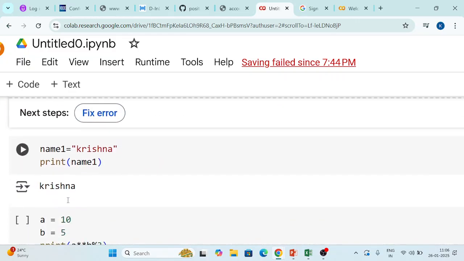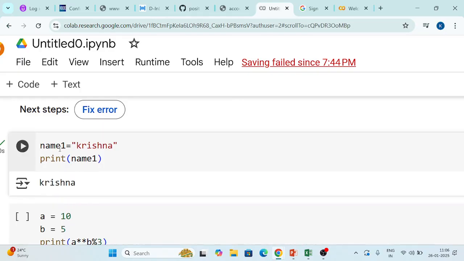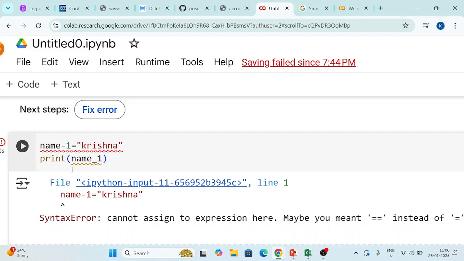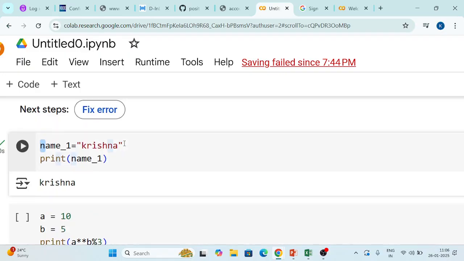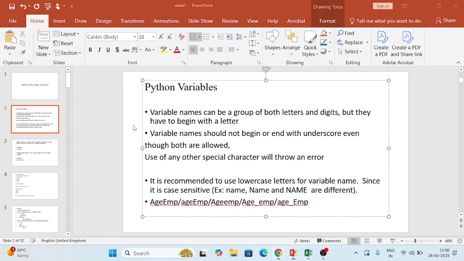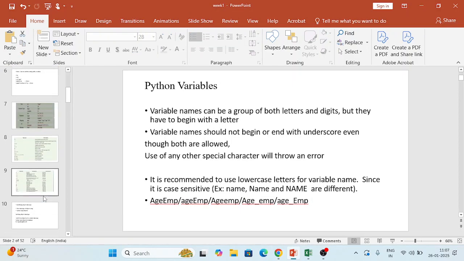Okay, you can use the underscore, no problem. If you use the name1, no problem. name_1, no problem. But the variable name always has to start with a letter or underscore. So this is about the variable names. Okay, so if you see an example of these,